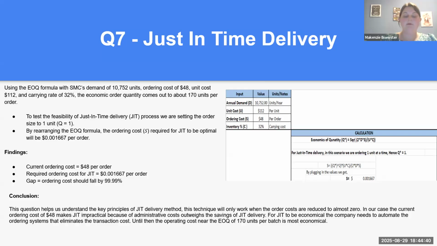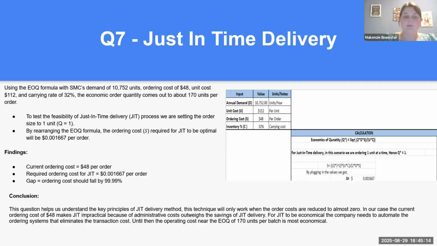what would the cost to place an order need to be if Davis implemented a just-in-time approach to the ordering, where one unit at a time is the optimal ordering quantity? So in this, we use the just-in-time delivery process. We're setting the order unit size to 1. By rearranging the EOQ formula, we find out that the optimal ordering cost will be 0.00167 per order. If you see on the right, we have our tables where we plugged in all the formulas